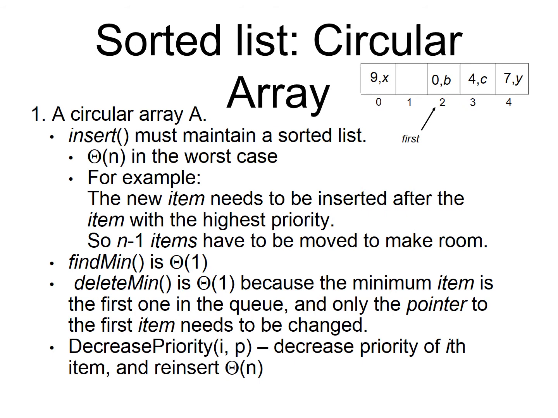Suppose we are using a sorted list; we can implement the sorted list using a circular array. In that case, the worst case is whenever we try to insert an element, we need to sort the list because we maintain the list in sorted order based on the priority. All the elements have to be shifted one cell down to make the insertion. Hence insertion will be the worst case. Whereas for find minimum and delete minimum, the minimum or highest priority element will appear in the first location, so it can be easily accessed.